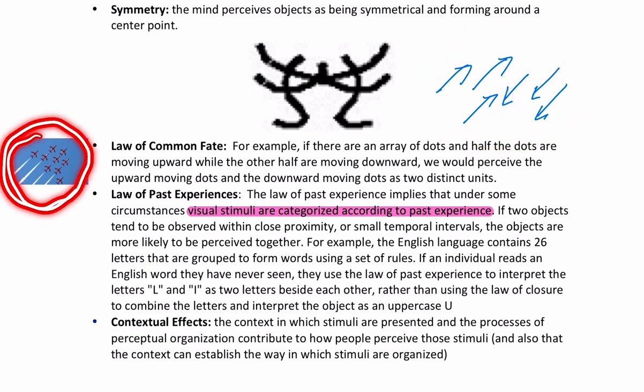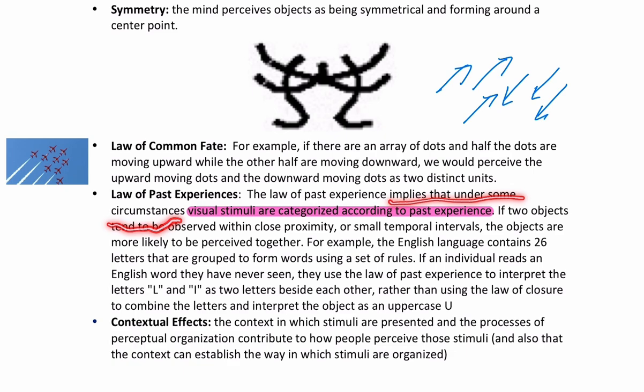We see this here in this image, these jets or airplanes all going in the same direction. We see them as one unit together. Next is the law of past experience. The law of past experience implies that under some circumstances, visual stimuli are categorized according to our past experience. If two objects tend to be observed within close proximity or small temporal intervals, the objects are more likely to be perceived together. For example, the English language contains 26 letters that are grouped to form words using a set of rules. If an individual reads an English word they have never seen, they use the law of past experience to interpret